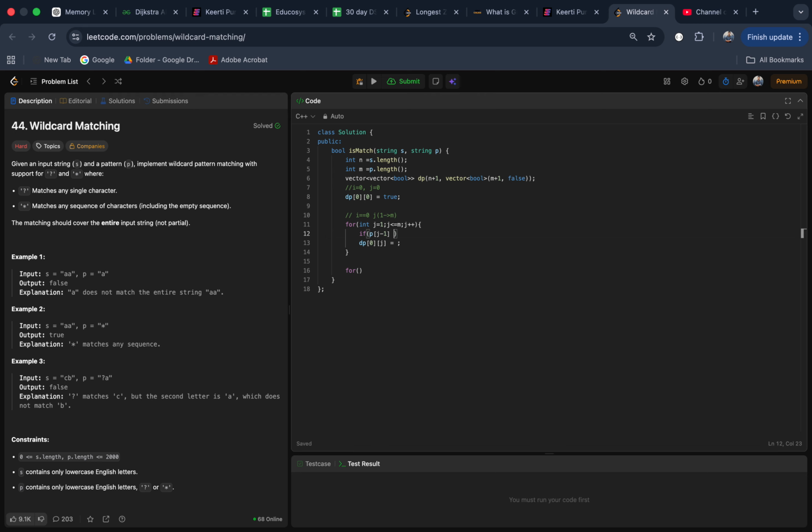But if there is a star here, then it can be either true or false. If only star is there, we can put all as true, but suppose b star is there but b is not matching this part, then everything would be false even if star is there,